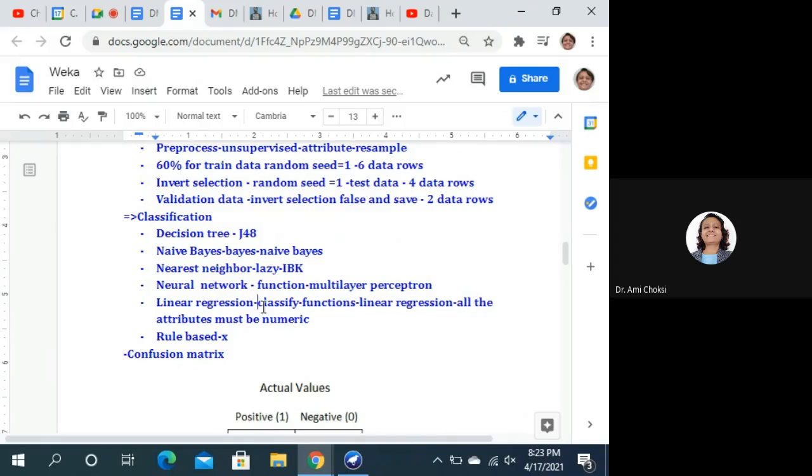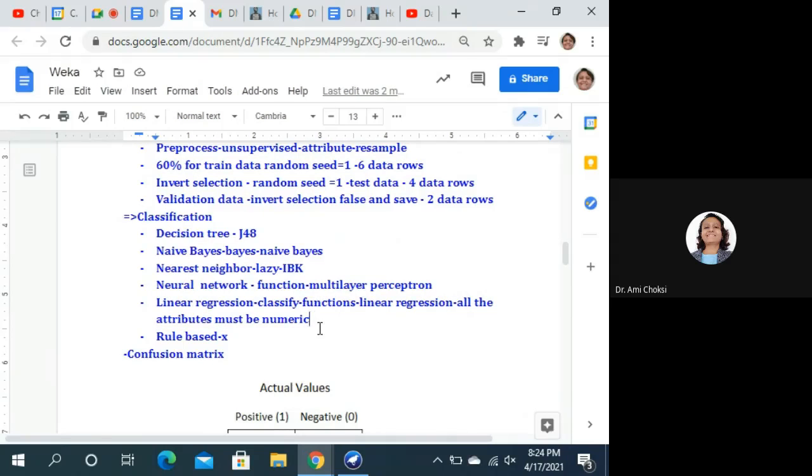We have the Classify tab. In that, we have classifier options, in that, functions, and then linear regression. But for applying linear regression, it is a must that all the attributes of our data file must be numeric.